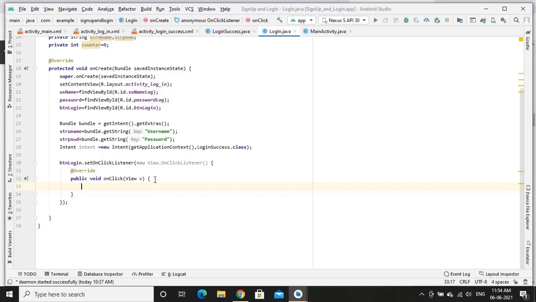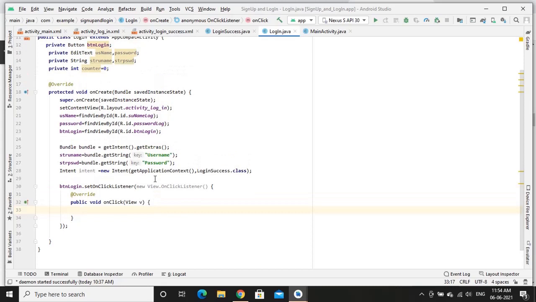First, I need to check how many times the user has attempted login. If the counter is less than 3, or if it is not equal to 2, then only I need to check for the username and password. Okay, so that is why first of all I need to provide an if condition.